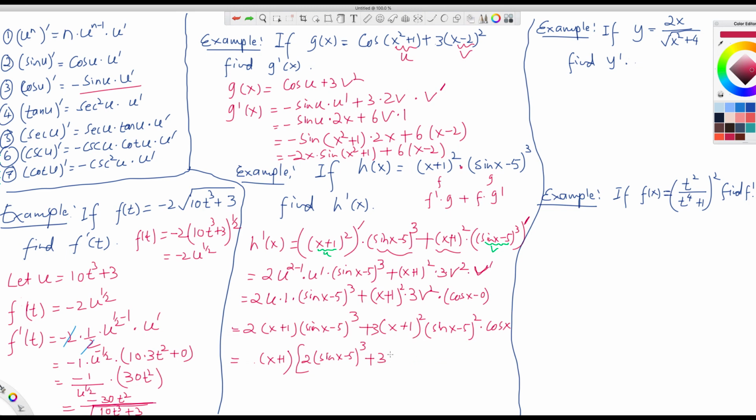So 3, and then write down x plus 1 because one of the x plus 1 is taken out, and then write down cosine of x, and then inside the parenthesis there is sine x minus 5 to the square. That is the final